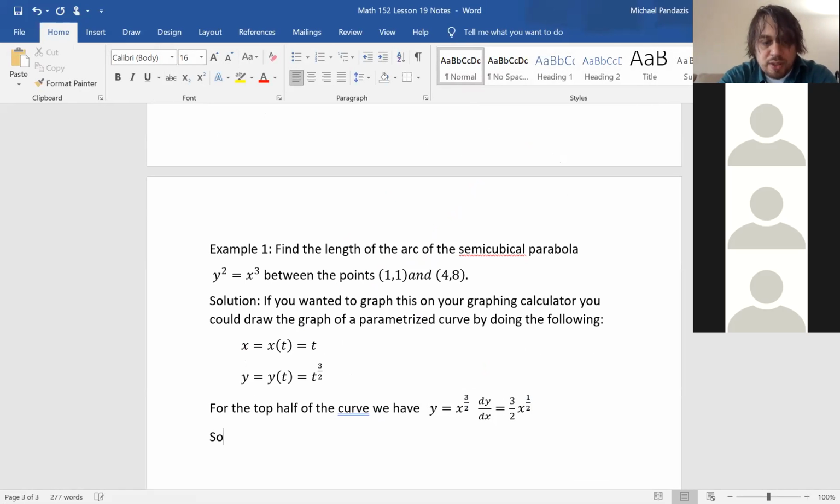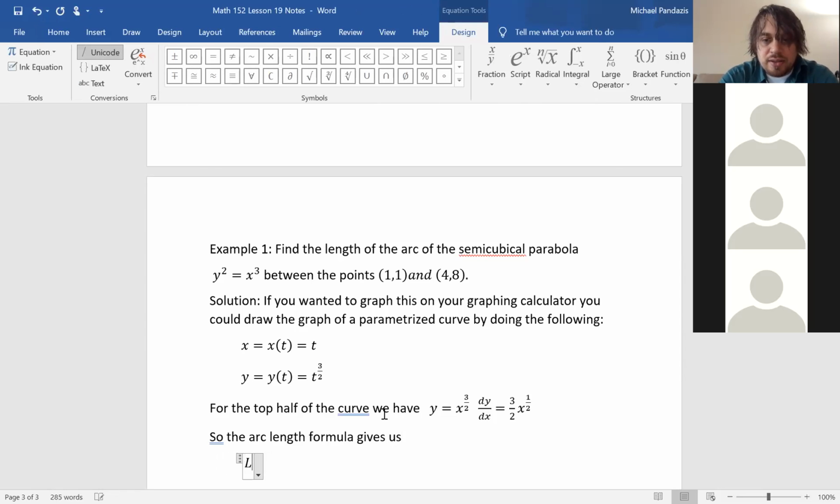Taking the derivatives, the arc length formula gives us that L, the length of that purple part of the curve, is equal to the definite integral from x equals 1 to x equals 4